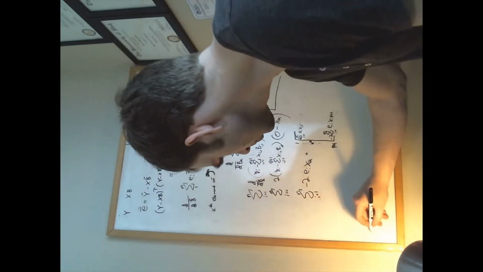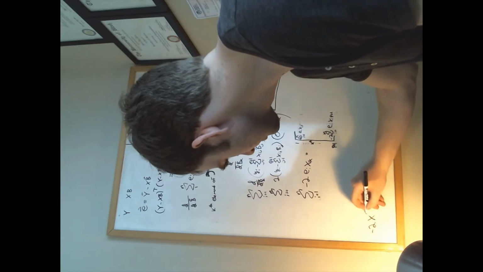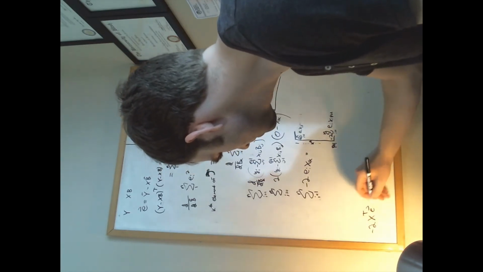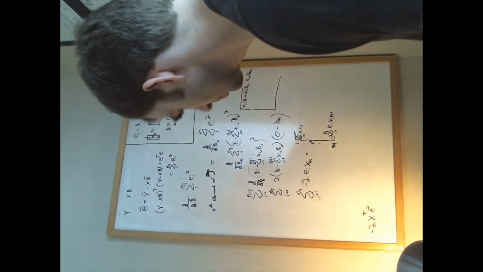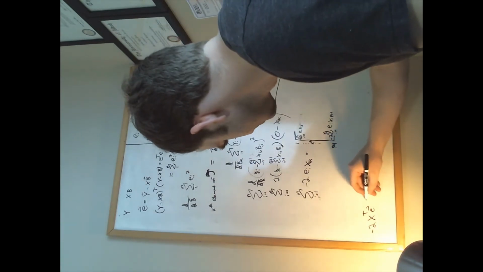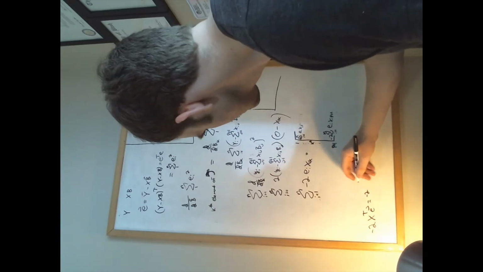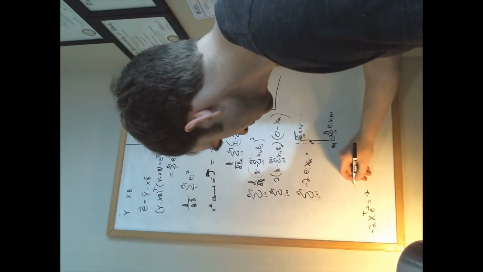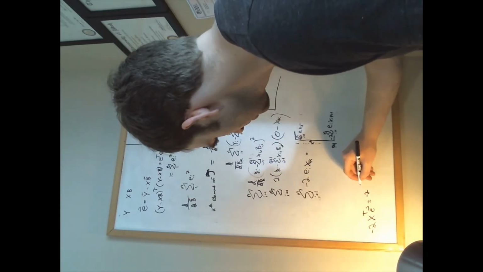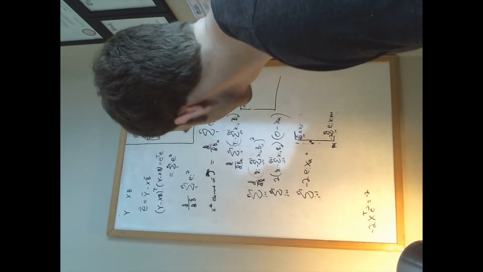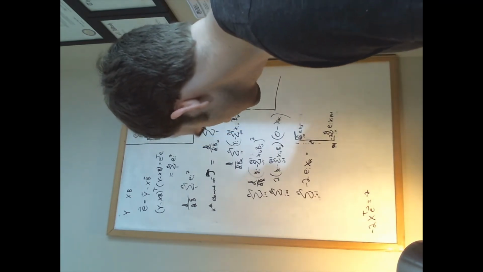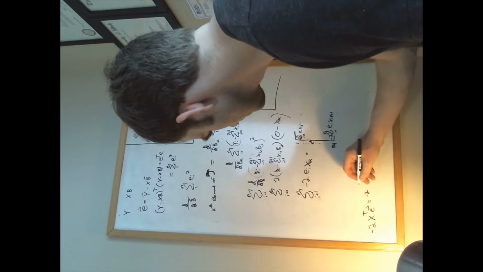So this whole thing can be written as minus 2 times X transpose e vector. Why is this true? Well, minus 2 times X transpose multiplied by the e vector is going to give us